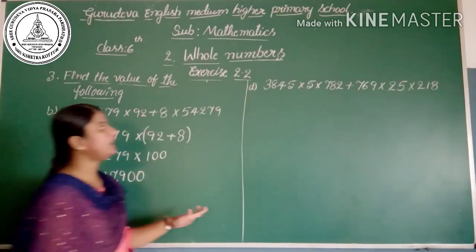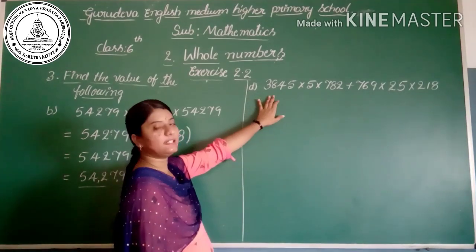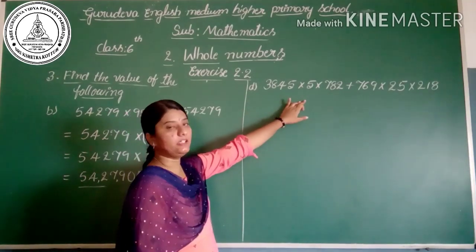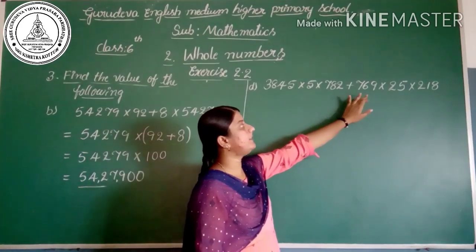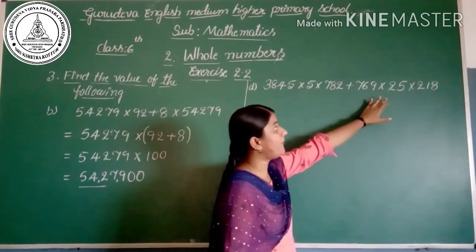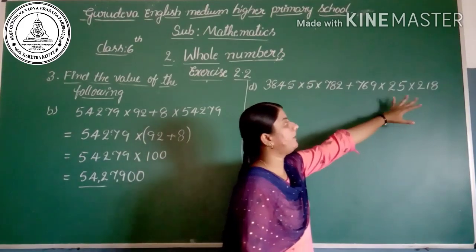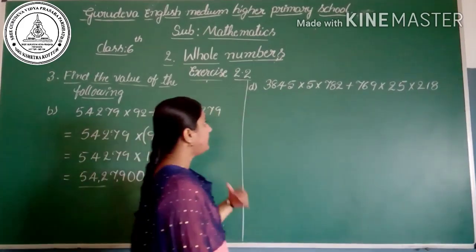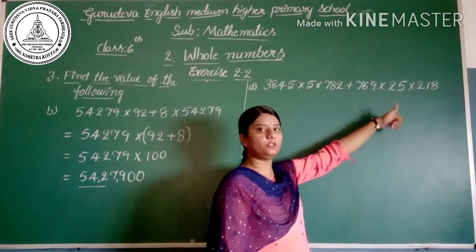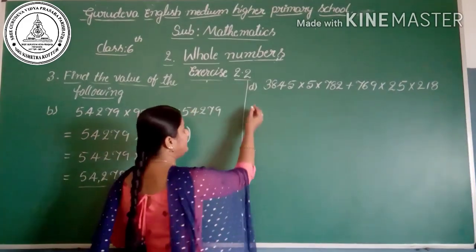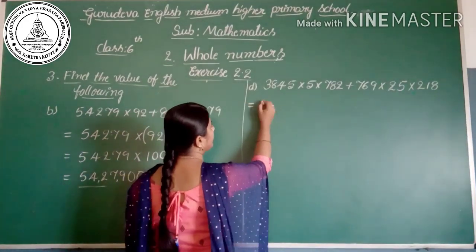Here the D question is 3,845 into 5 into 782 plus 769 into 25 into 280. Yes, in this problem I will write 25 as 5 into 5. Yes, let's start to write, which is equals to